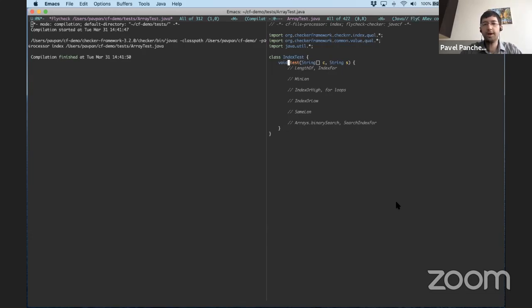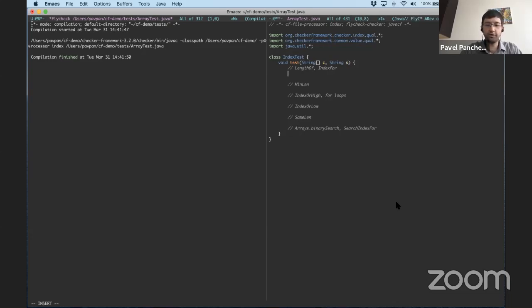To set this up, I've defined an index class here with a method that has two arguments. One is an array of strings, and the other is a single string, which we'll be using somewhat later for index of and similar.